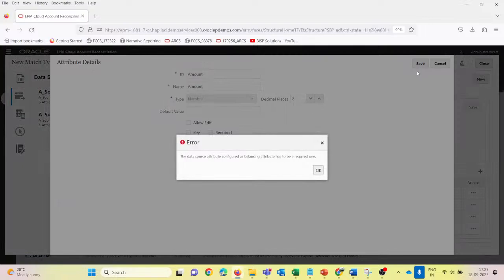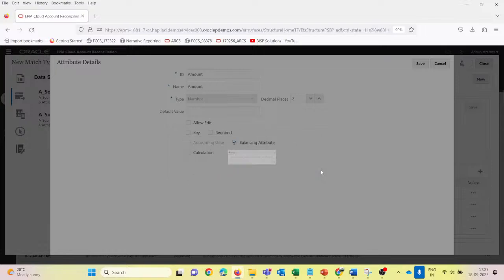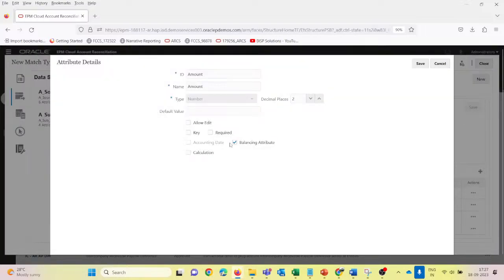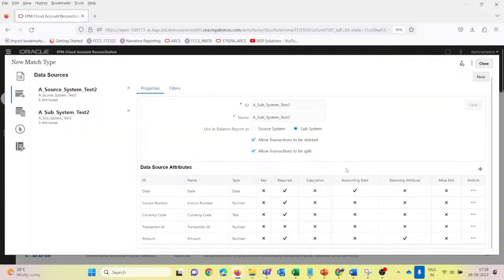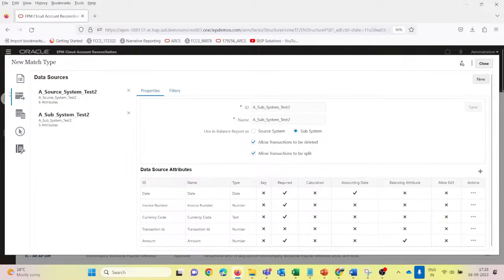If I save it, it gives us a message: the data source attribute configured as balancing attribute has to be a required one. That is, if we make any attribute a balancing attribute, it must be a required one. So I just tick this one. So now we have created the source system and the subsystem attributes in our data sources for uploading